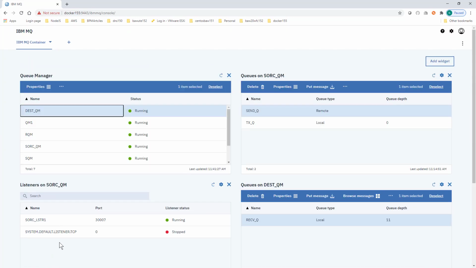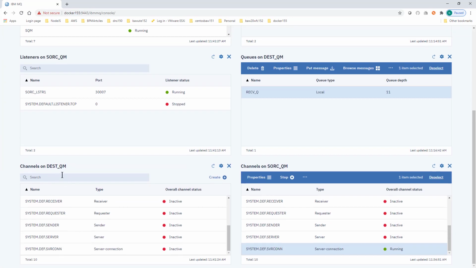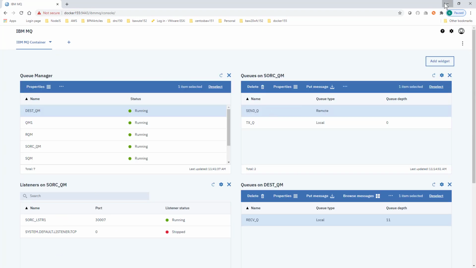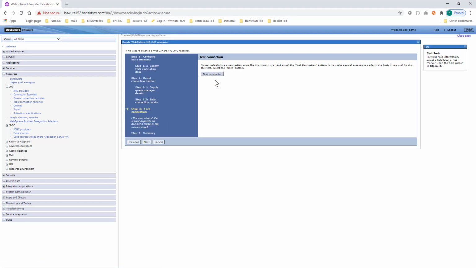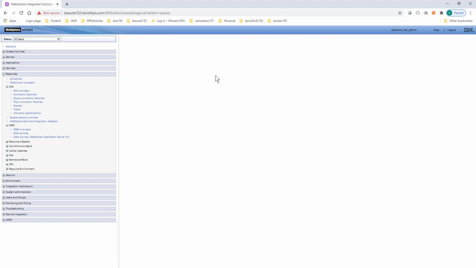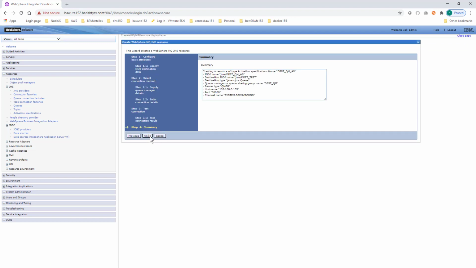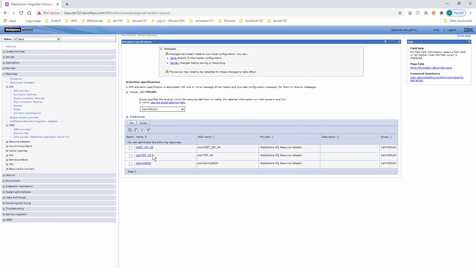So you can see, for every queue manager, whenever we create a queue manager, this server connection channel is created automatically, but if you want, you can create another one too. So by giving the same server connection, click on next. So it's the same story. If you click test connection, you get a 2035 error. Click next, finish. Okay, so you're done with this one, destination qm, yes,